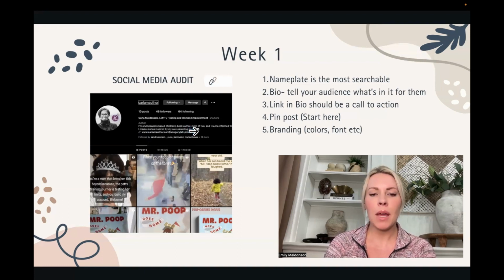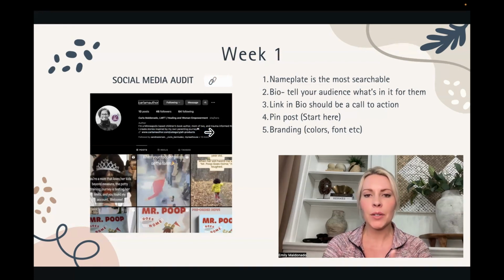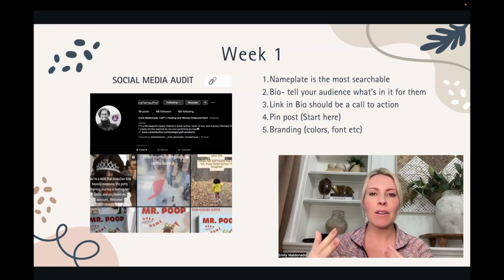The link is maybe the most important piece of your bio overall. This is a call to action. So the mistake that a lot of creators make, or a lot of business owners with their business pages make, is they simply put a link to their website. But imagine you as a customer, when you go click on somebody's website, do you want to have to search around, figure out how to find that thing you went there to buy? Do you want to have to look for their contact information? You don't. So instead of dropping them directly on your website, drop them to whatever your call to action is.